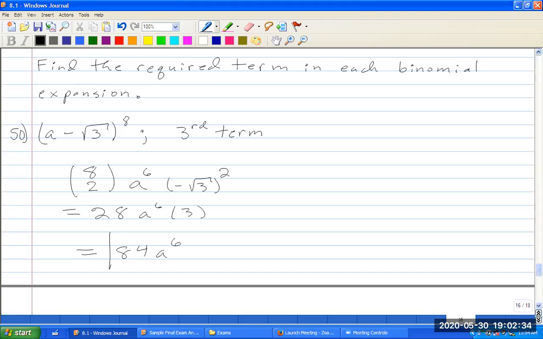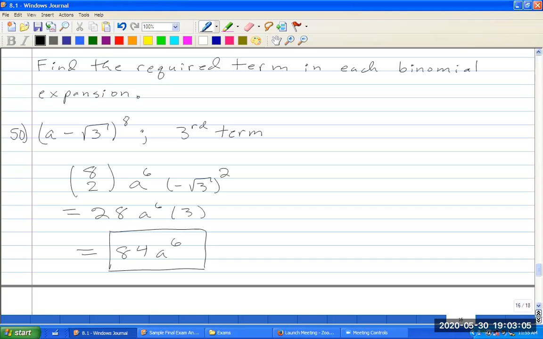Let me do this on a calculator to check. 8C2 is 28. Okay, good. And so this is 84 a to the 6 is the third term in